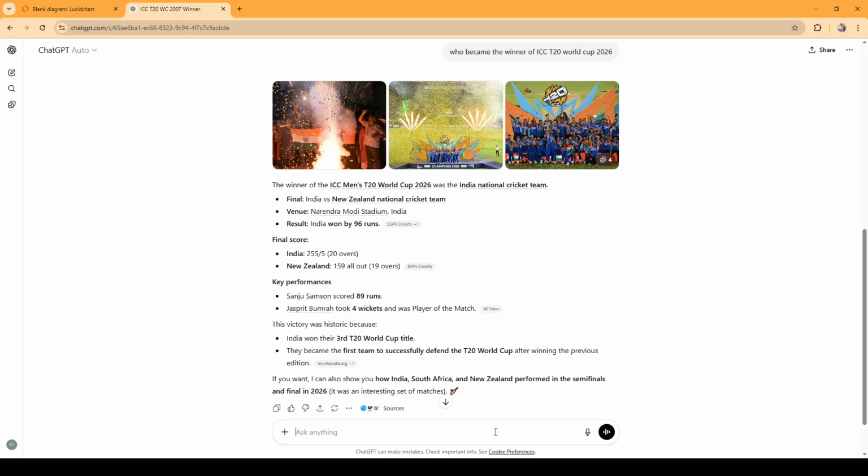ChatGPT itself does not have that knowledge, but it has a capability to search the internet and fetch the live data, which didn't exist a few years ago. A few years ago, this question would have been answered like this: I have a cutoff date of this date. I don't know. I don't have information after this date. Okay.